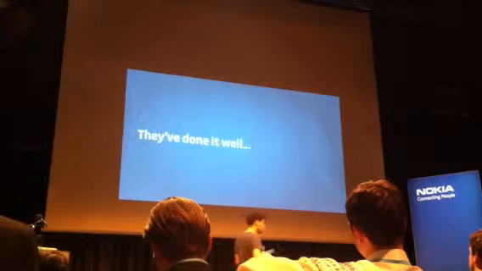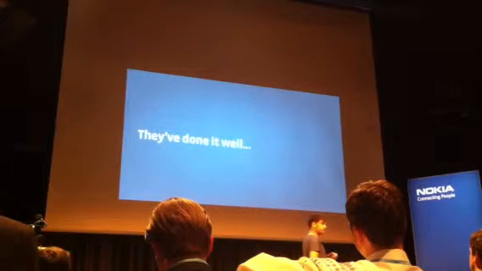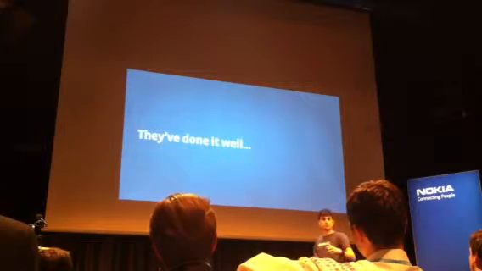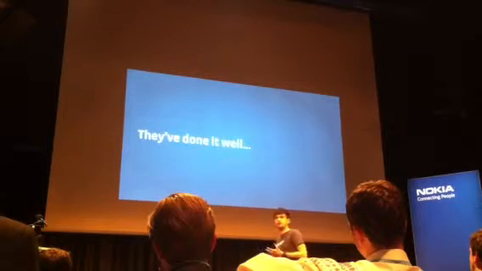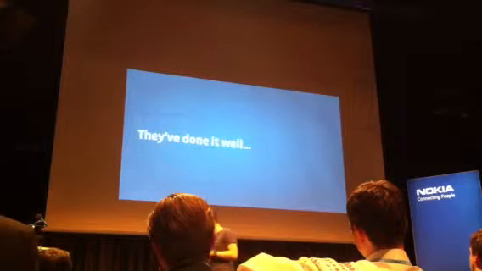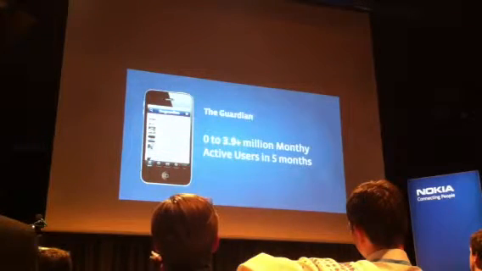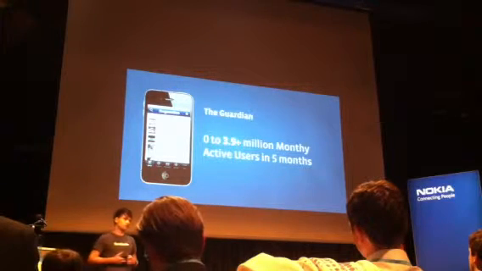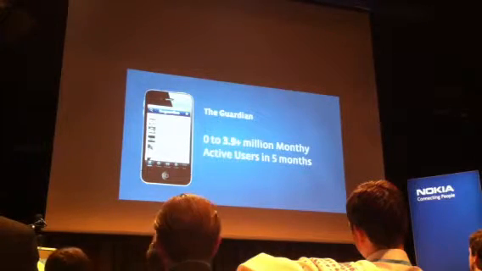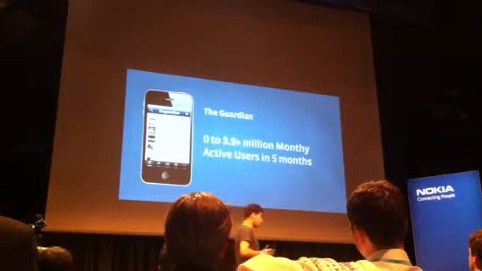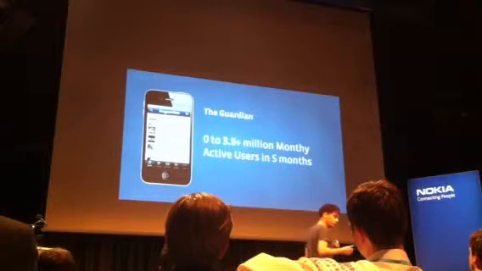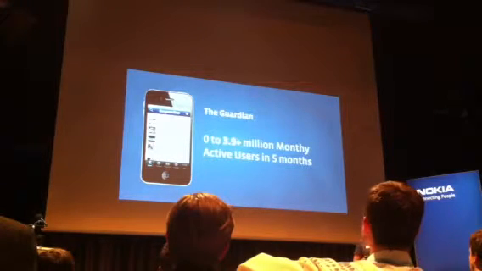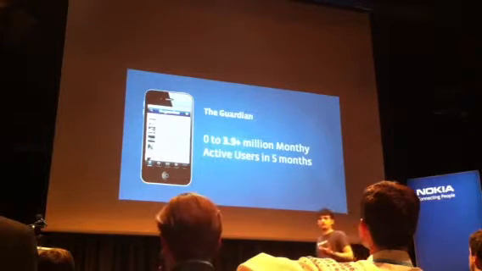And so let's have a look at a couple of companies and apps that have done it successfully, building mobile apps across platforms and that have successfully integrated on top of the Open Graph. So you may be familiar with The Guardian. The Guardian is a very famous newspaper in the UK, and so they've built mobile apps. And so when integrating with the Open Graph, it went from 0 to 3.9 million active users in less than 5 months.